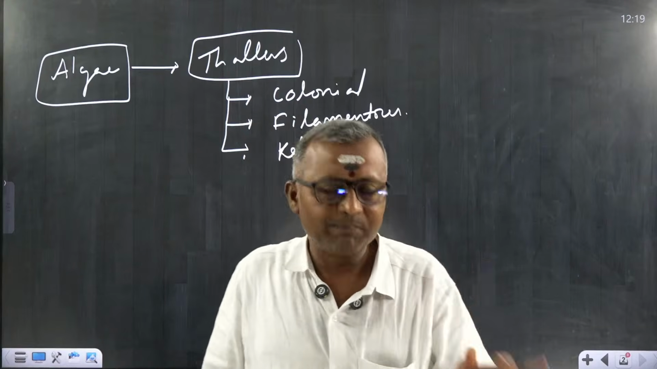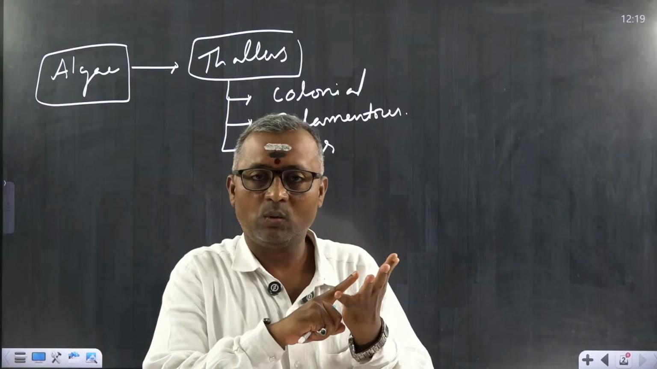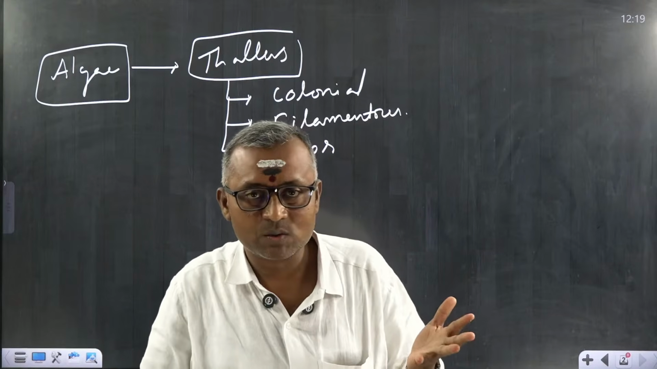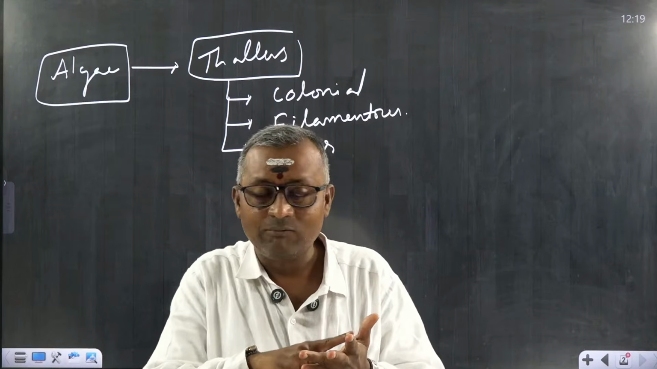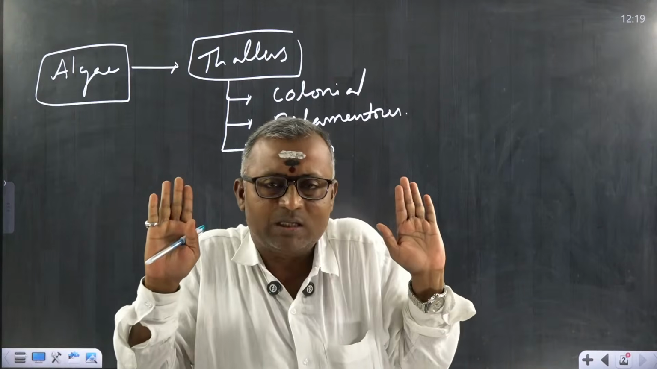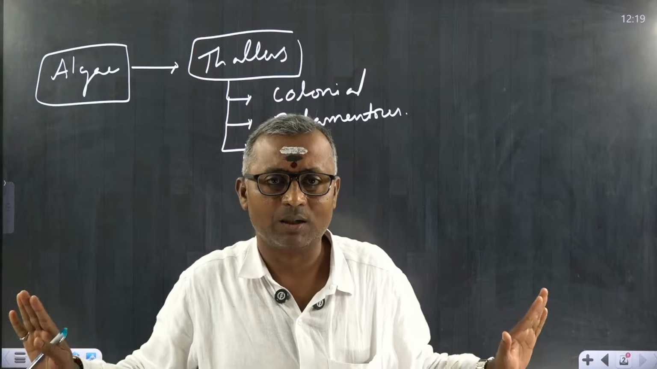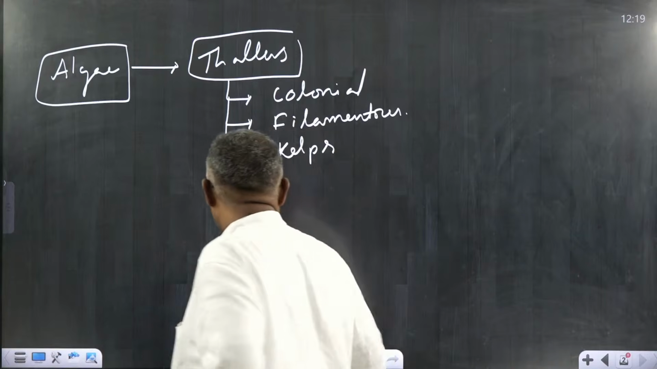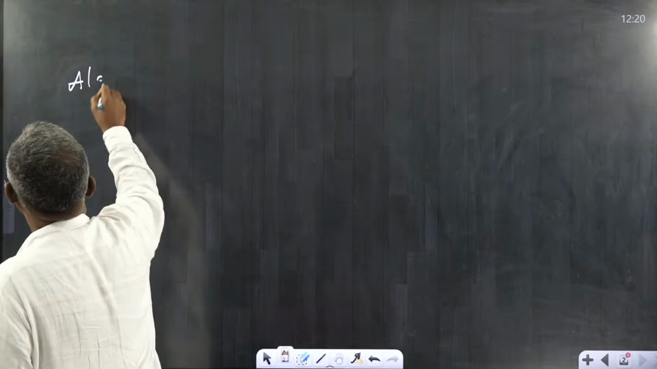It is all very primitive organization. So they don't have vascular tissues. They don't have embryo in the life cycle. Their body is very simple. Understood? And one more important thing, that in algae